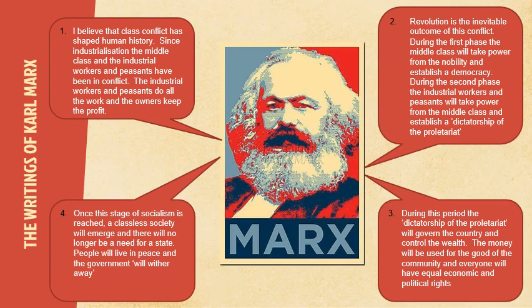Marx wrote many books about his ideas. The most famous one was Das Kapital. His ideas attracted a following of many intellectuals and political activists throughout Europe, including Russia. Marx thought that a proletarian revolution would happen first in an industrialized country such as Germany or Britain, where there were many workers in the cities. However, it was in Russia, a country where there was little industry and most people were peasant farmers in the rural areas, that the first communist revolution happened and the first Marxist state was set up.